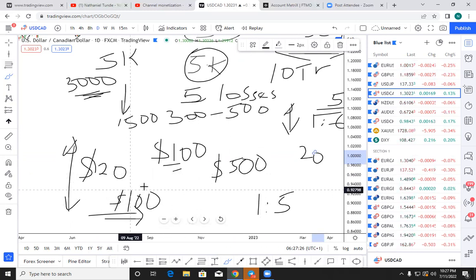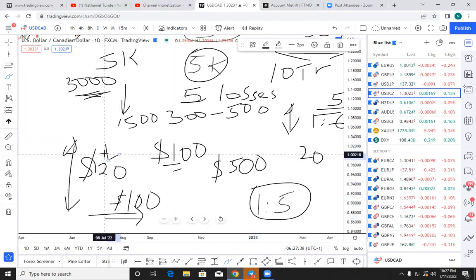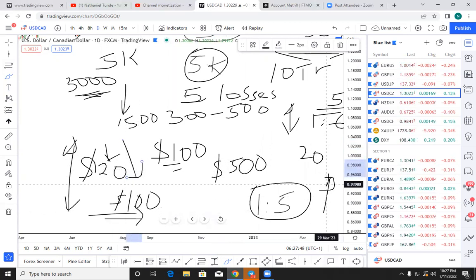But you have made a tremendous progress. You have made much profit. Why? Because your risk to reward is very nice, when you are losing small and when you are gaining big. Can you see? When you are losing, you are losing small, and when you are winning, you are winning big. That is the logic, guys. That is the fundamental element of risk management strategy that puts you on top of the game.